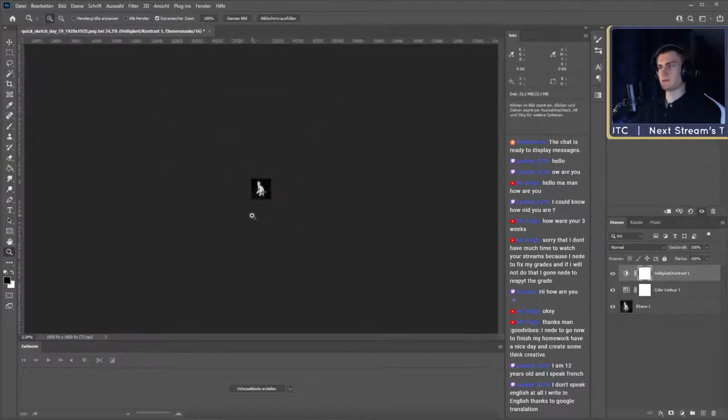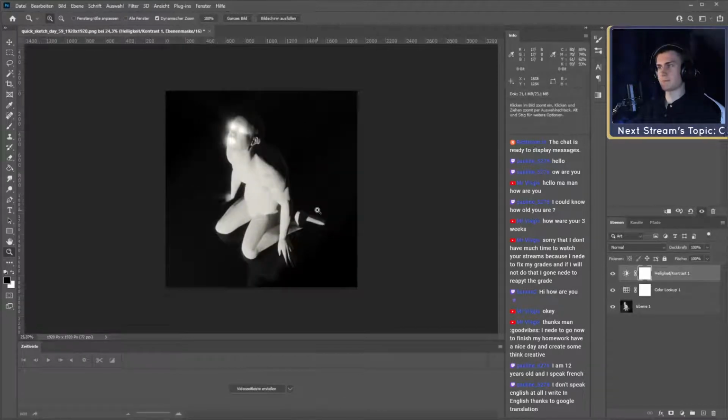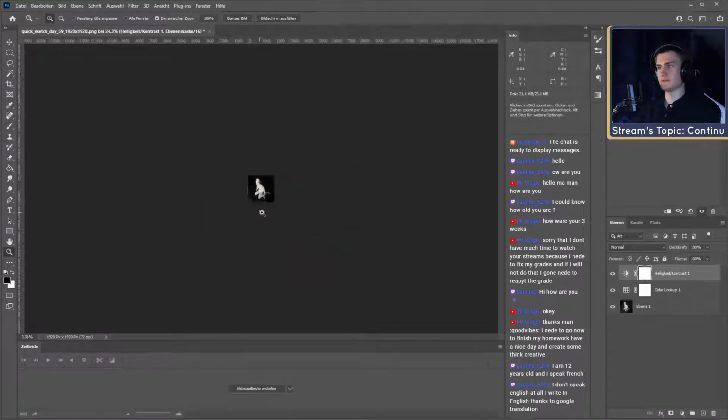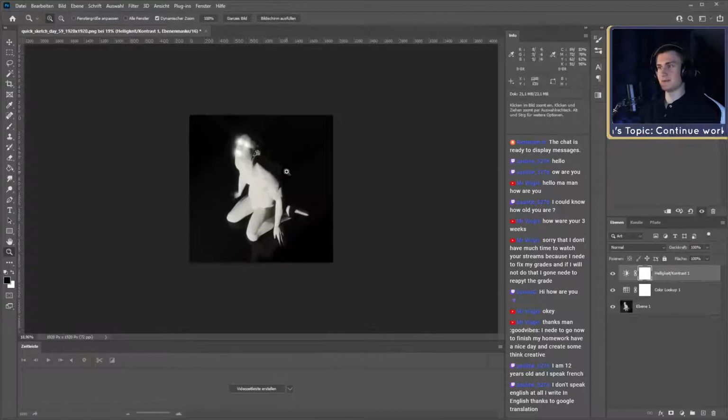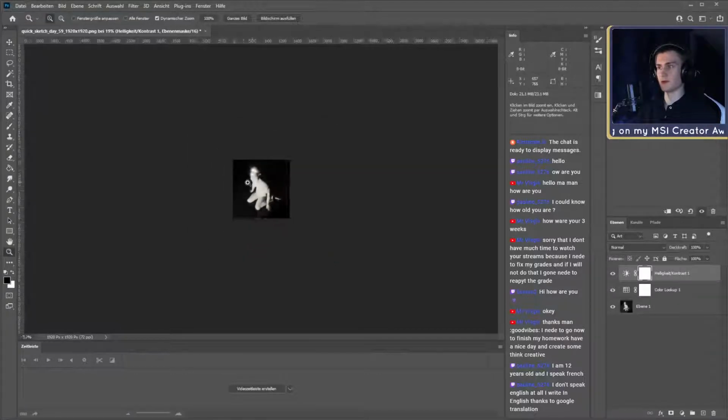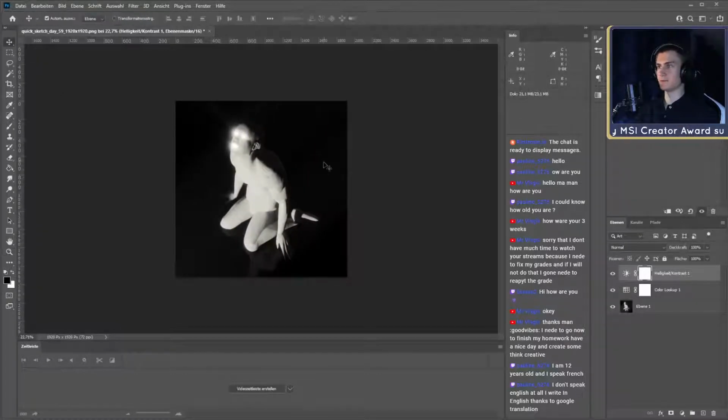I think with this one it looks pretty okay. It looks kind of like a deformed human, because the back is completely black and gets swallowed by the background, but I think it's not too bad, so we'll keep it like this.